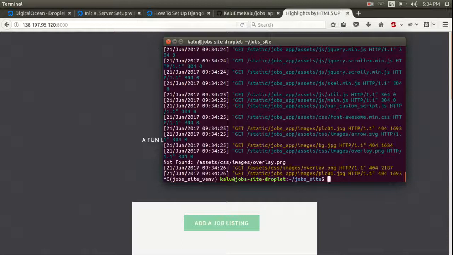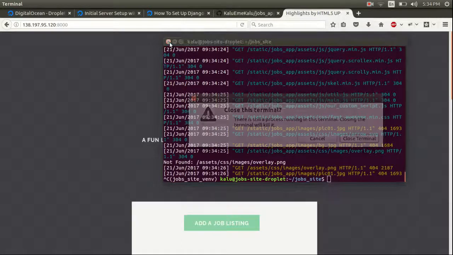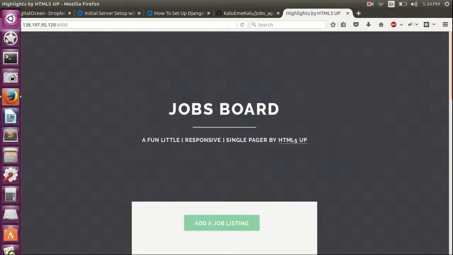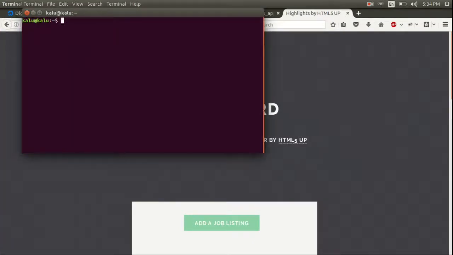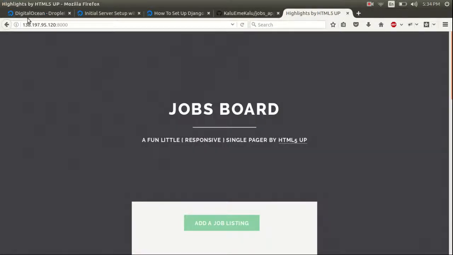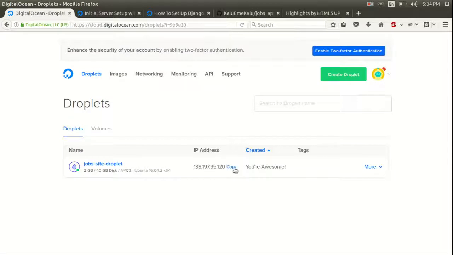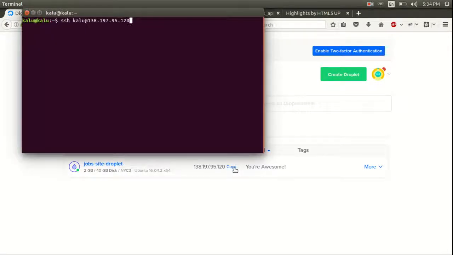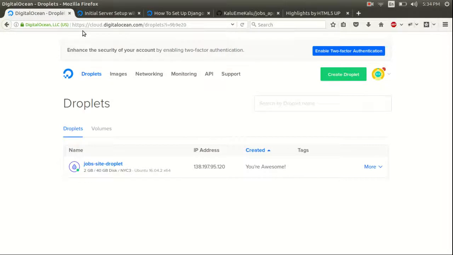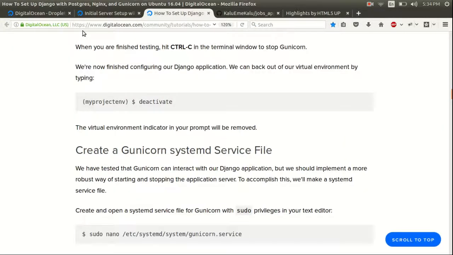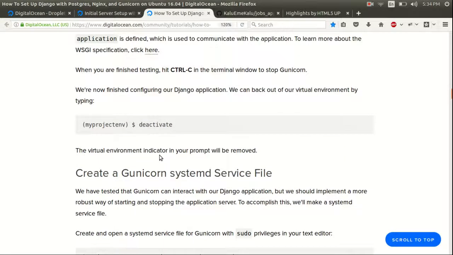By the way, if you don't have this window open, I'm going to show you how to log into this again. We're just going to exit this terminal, open a new terminal, write ssh, the name of your user, and your IP address. If you forgot what your IP address is, you can go to your DigitalOcean account and copy it right here. So we're going to log in, and we should be logged in. So we left off right here. We had just finished